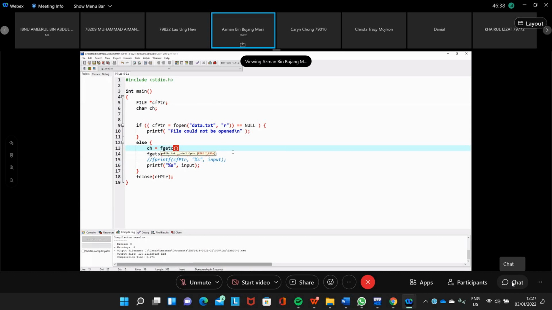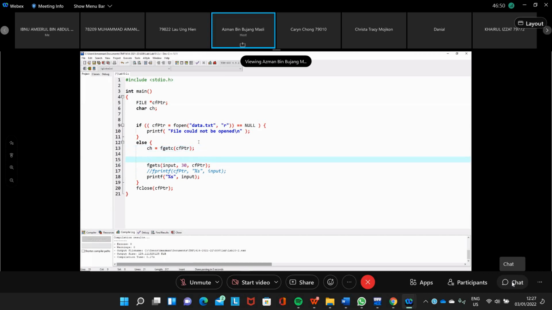So here we get a character from this file. For example, here the file is cfptr. So we get character, and then we check whether the character is end of file or not. While not end of file of the file cfptr, then we do this.